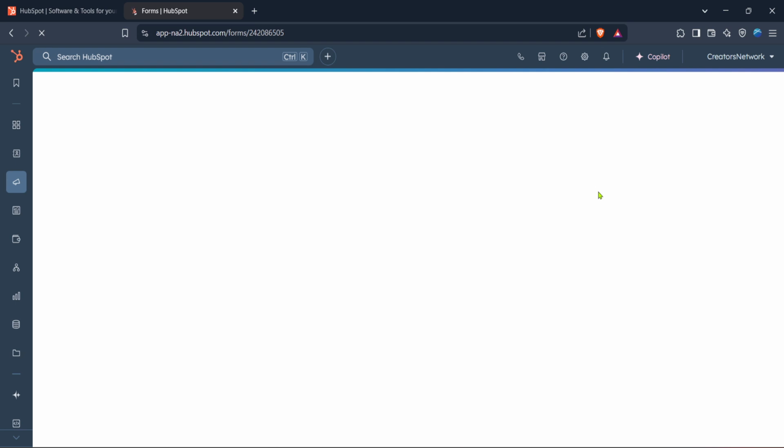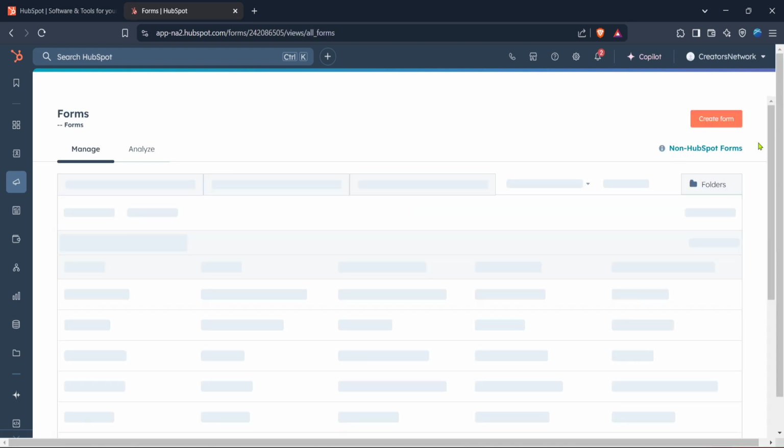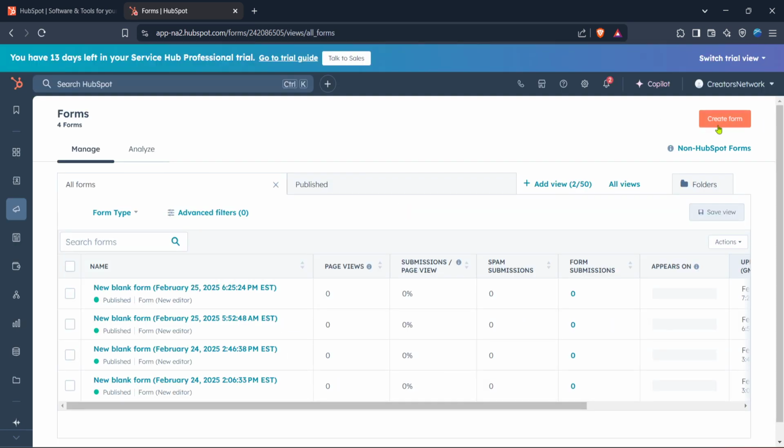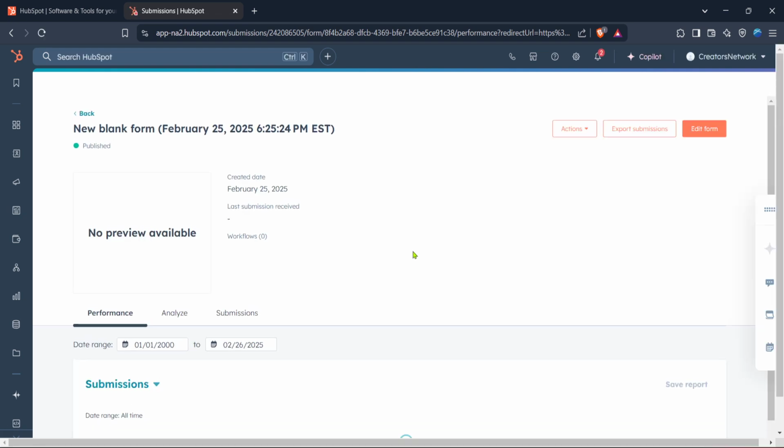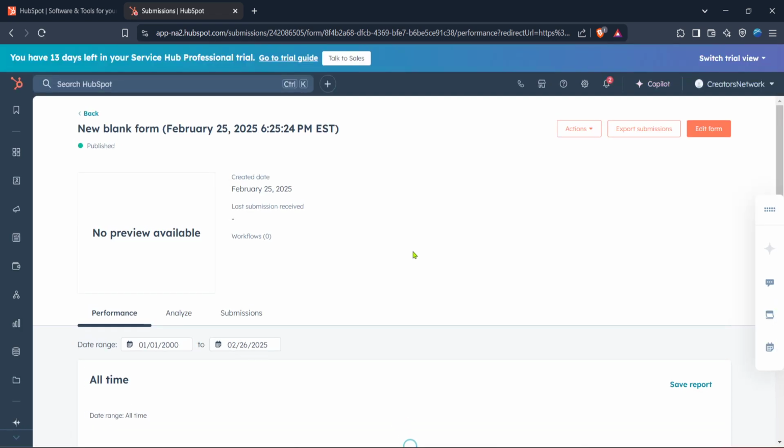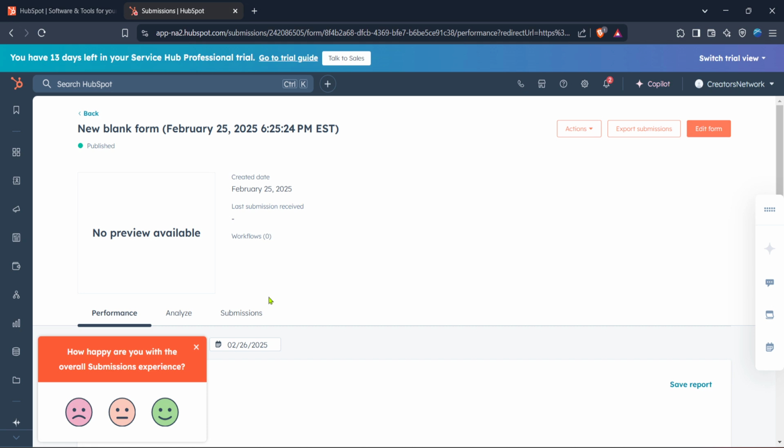You should now see an interface that allows you to customize a form to gather the specific information you need from your visitors. Fill in the form fields with relevant information and format it to align with your website's style. Finally, make any necessary adjustments and save your work. Congratulations! You've successfully created a HubSpot landing page and form. Remember, the real power of these tools is realized when you monitor their performance and make continuous improvements.